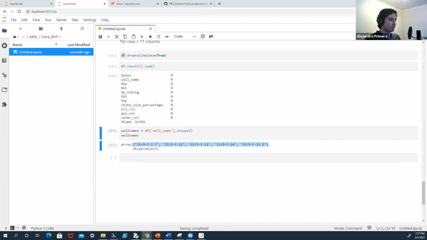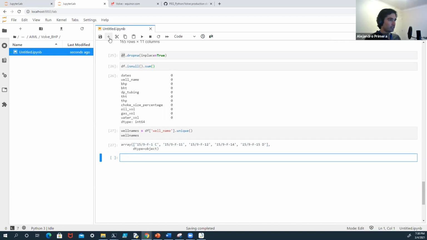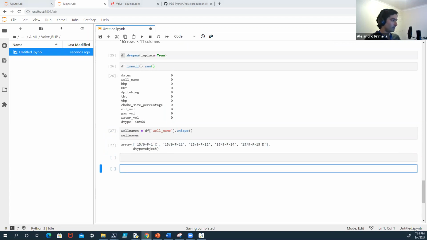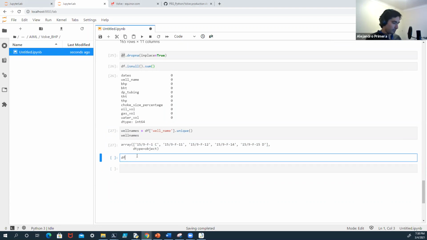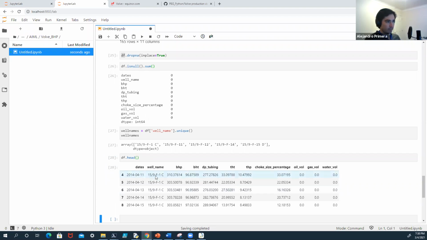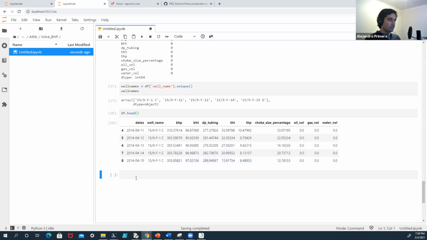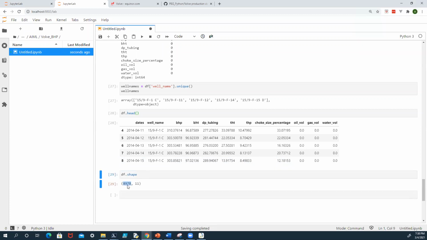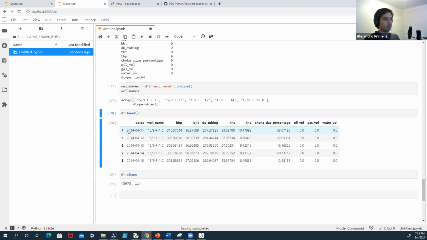Now I'm going to run something here that is going to take a bit of time. Let's leave it running, but let's see how this ended up. Okay, so now we have only data for this well. We don't have any non-number values. And actually, let's see the shape of the data frame. We only have 8,978 rows. This is daily production, by the way. Sorry if I didn't mention that at the beginning, but this is a daily production from the